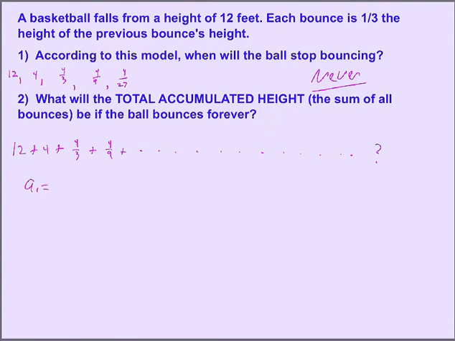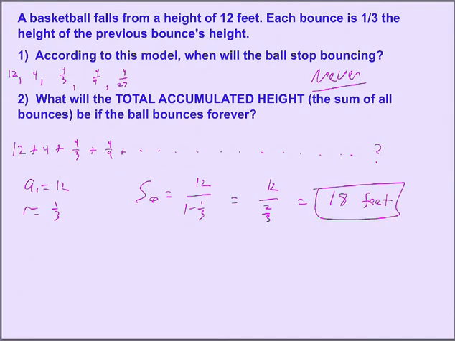The first bounce was 12 feet, and each bounce after that is 1/3 of the bounce before it, and so the infinite sum would be 12 over 1 minus 1/3, or 12 over 2/3, which is 3/2 of 12, or 18 feet. It'll bounce forever, and will bounce a total of 18